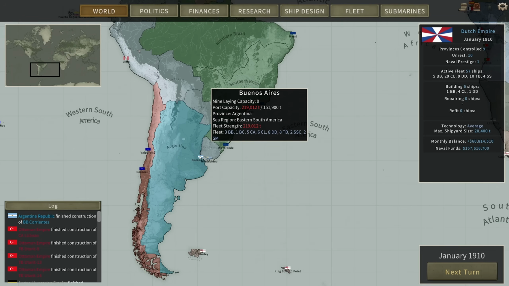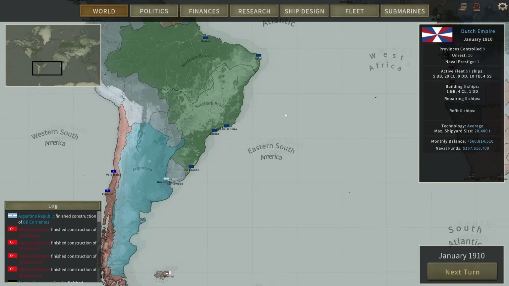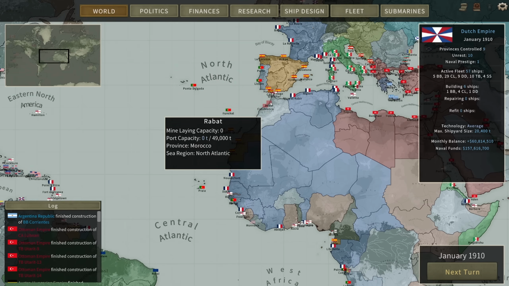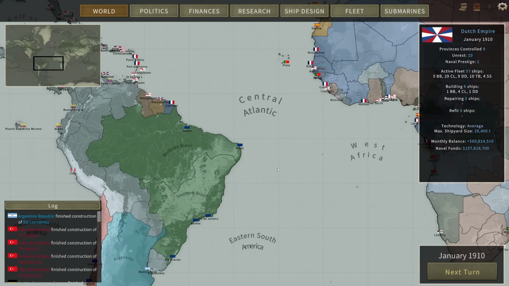And I have seen AI players, if you want to call them players, do invasions. It is not unheard of. In what was it, Spain campaign, they did an invasion here in Morocco, which was, I think, at the time of French territory. Anyway, we also have the Brazilians, full British with some late-era American destroyers, and the Chileans have